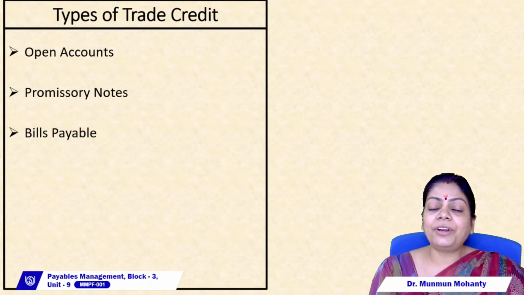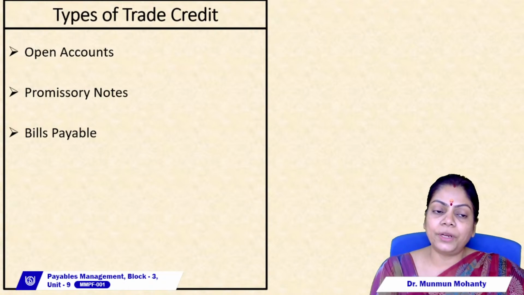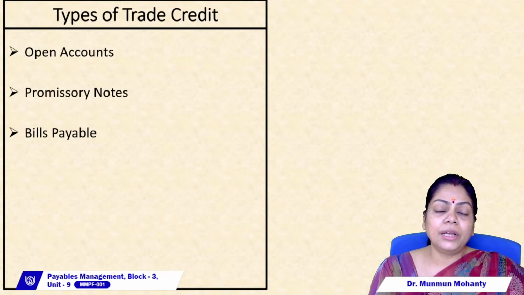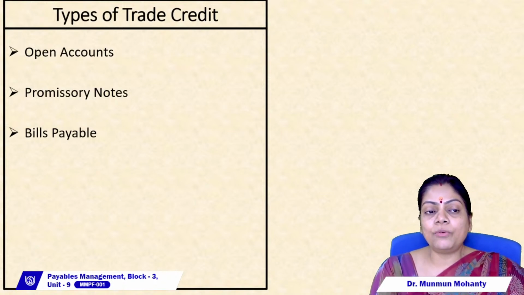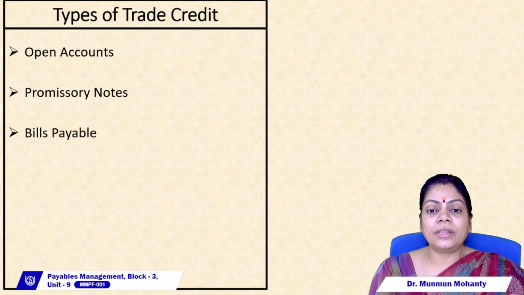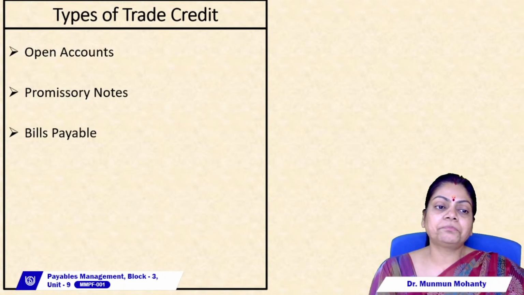So you can have trade credit in any of these three formats: the open account, the promissory note, or the bills payable. See, open account is a very convenient method of arrangement, but to have business on open account, nobody should fail the commitment. When the buyer and supplier both stick to the commitment, the open account functions very smoothly. But if there is a breach of contract, a breach of any promise at any point of time, then